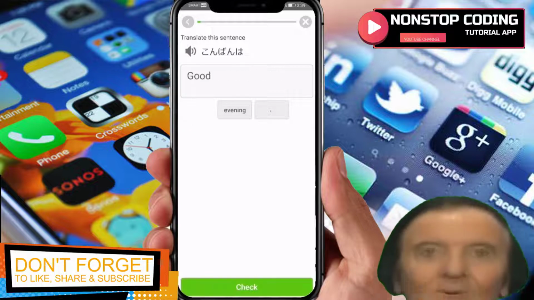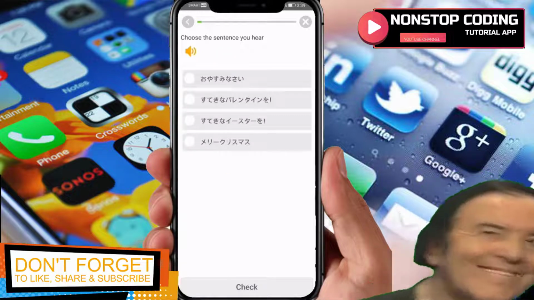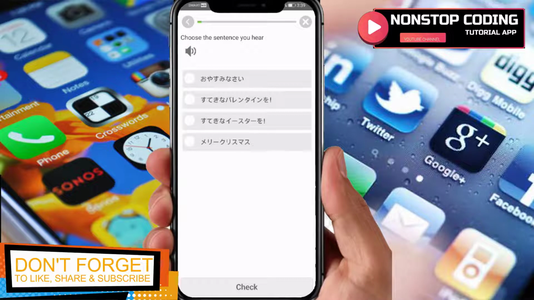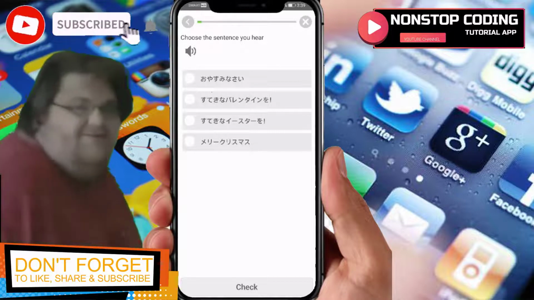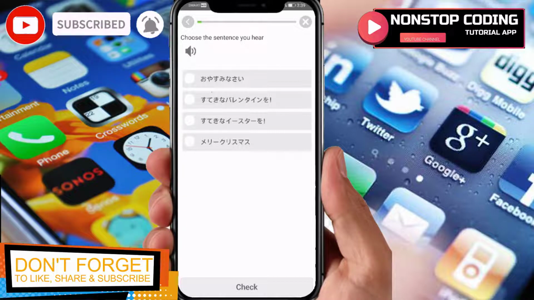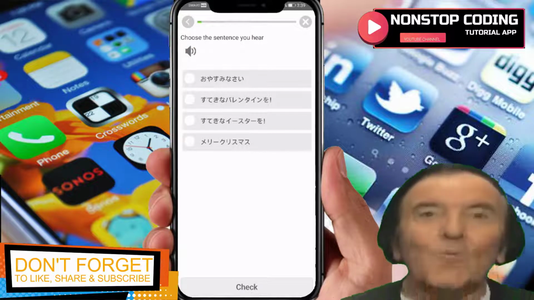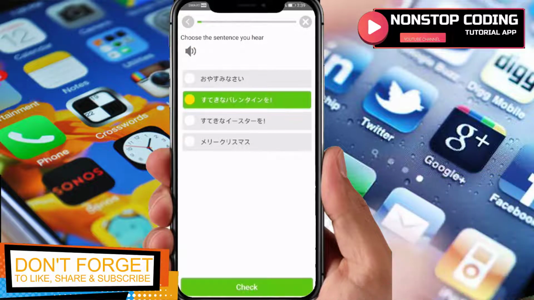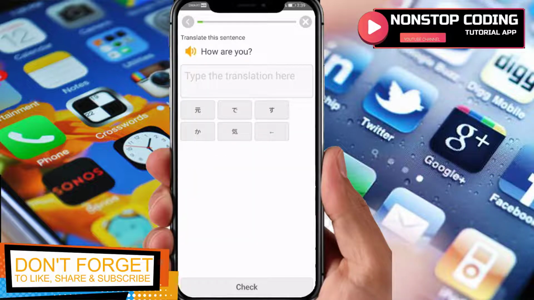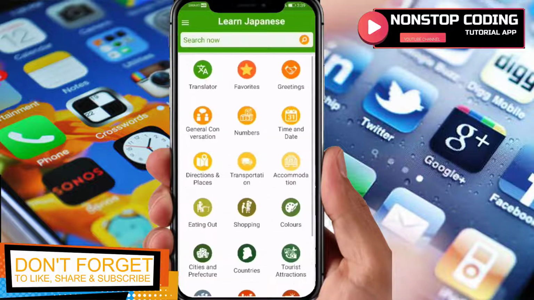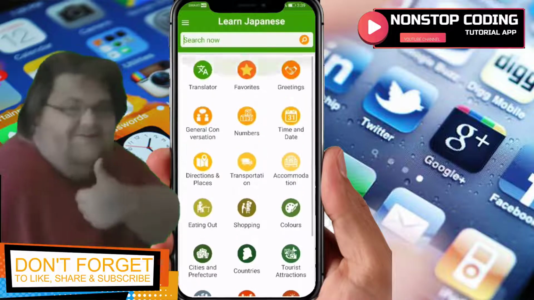Translation, konbanwa, it's good evening. There, correct. And choose the sentence to hear. So since I'm using the microphone, I'm not able to listen to it, but you'll be able to. So just tap this one and then select the answer in here. So let me just try to guess it. If it's this one, okay, it's incorrect. So that's how you use this application. It's really easy to use and simple,